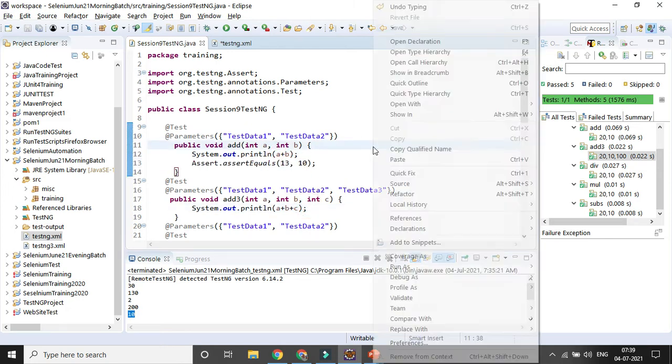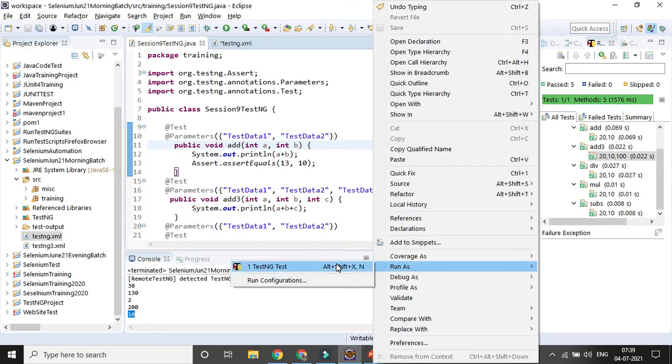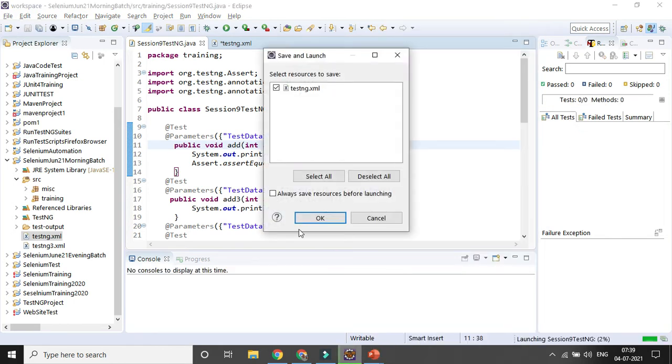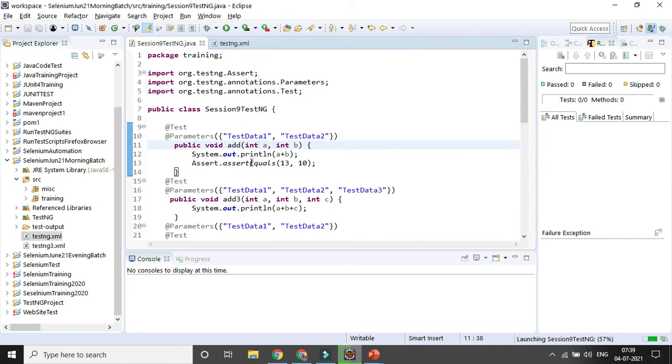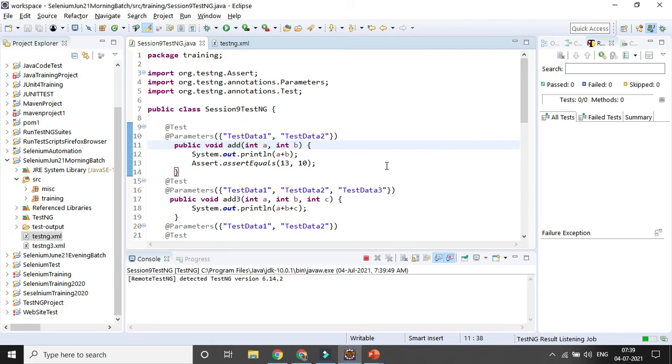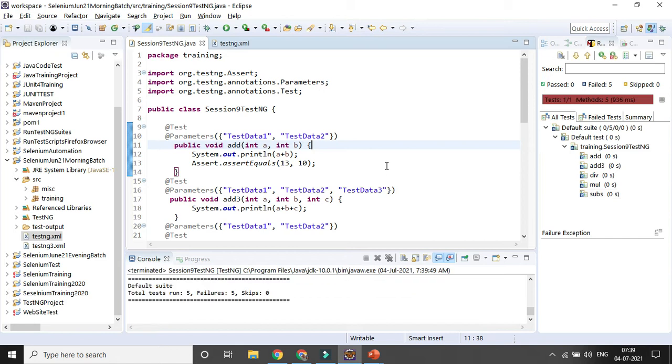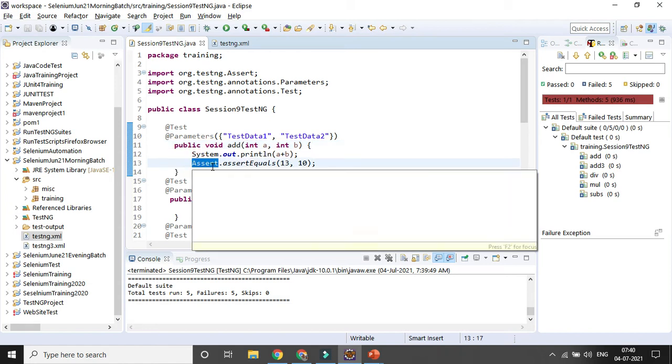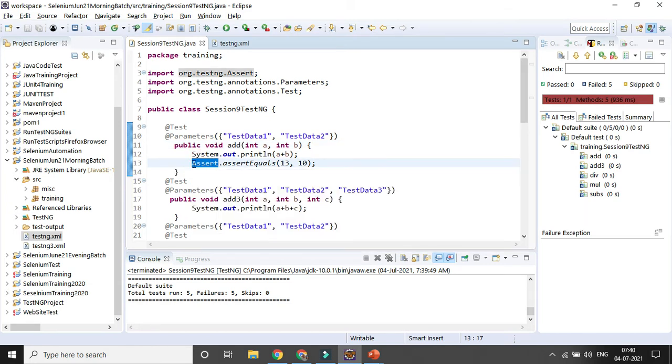So if you run it, you can see here the add method test case will fail, because here we have added an assertion which is not matching. Because we have used a hard assertion, that is the reason other test cases are also failing.